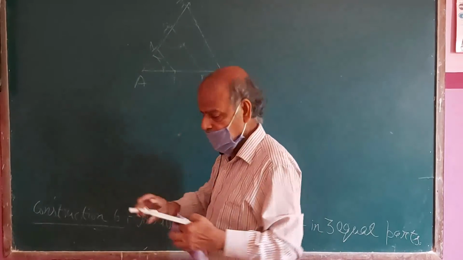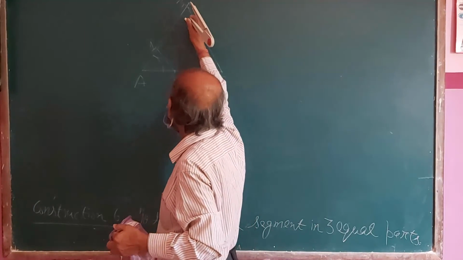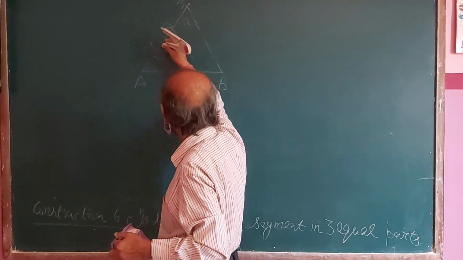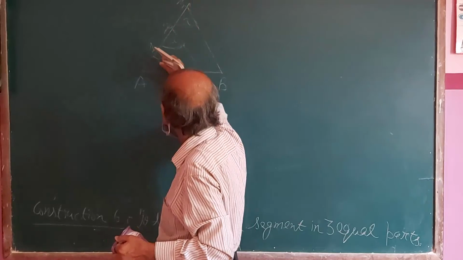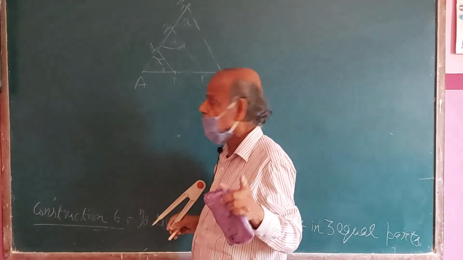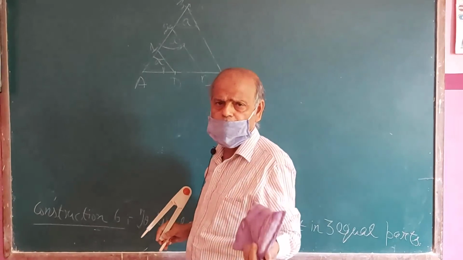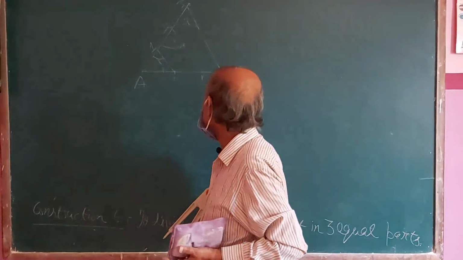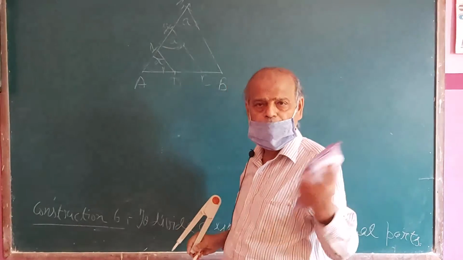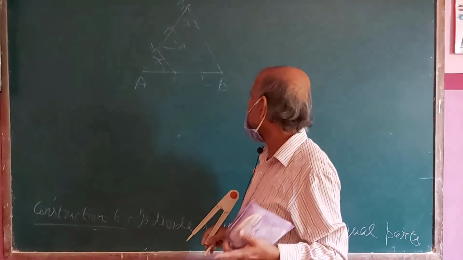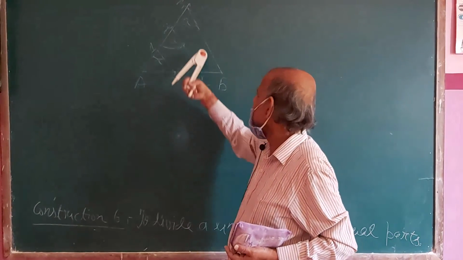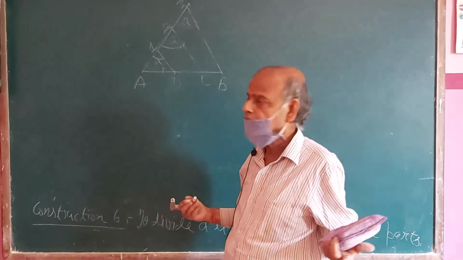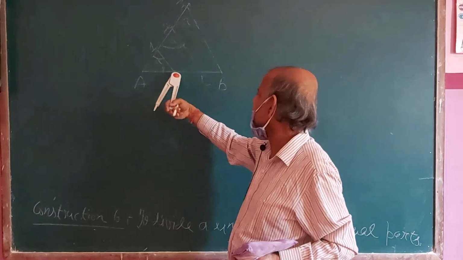This angle may be A. This angle is also equal to A. This gap, and this is also equal to A. So these are corresponding angles. This is a theorem about this. Every practical geometry depends upon some theorem. This is the parallel line theorem. If corresponding angles are equal, then lines are parallel to each other. Therefore, these lines are parallel to each other.